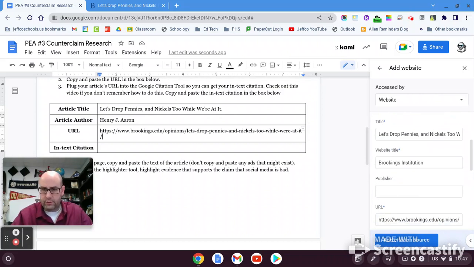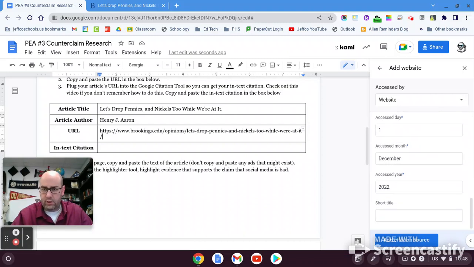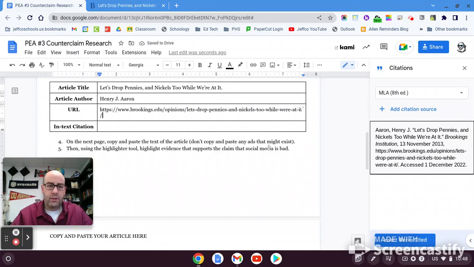And then we're going to go down. The title, yep, that looks good. Brookings, yep, URL, all this other stuff looks great. So we're going to click Add Citation Source. And now we have that. So once we're ready to put this in, we're going to put our cursor in in-text citations. We're going to come back over here, and we're going to push this Cite button. And there it goes. It put it in. It formatted it for us. It showed us